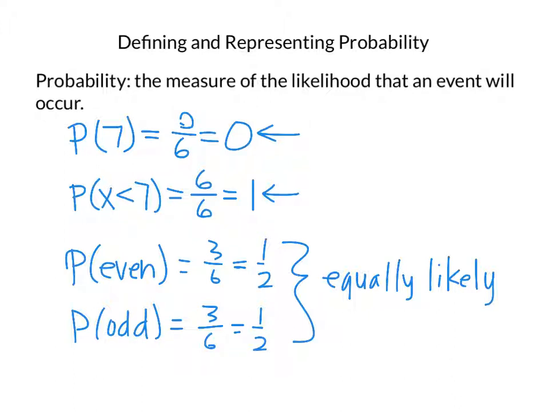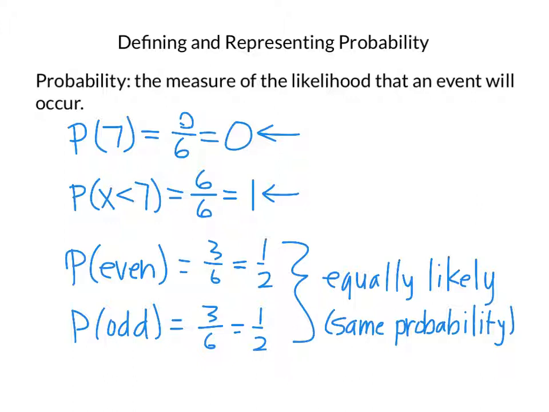This would also work if you had a sock drawer and you had one yellow pair, one blue pair, one orange pair, one purple pair, one brown pair. Then what's the probability of drawing out any one of those? Well, they're all equally likely because each of them have a 1 in 5 chance of being drawn out of the sock drawer. So as long as all the probabilities are the same, or each of the probabilities is equal,